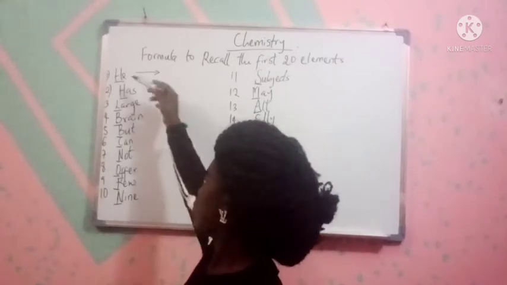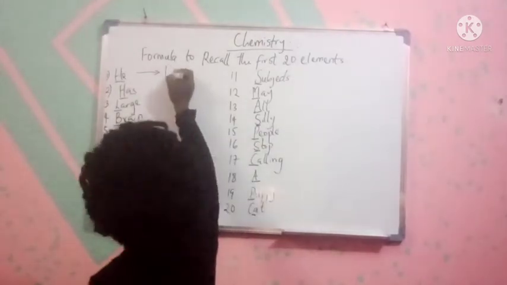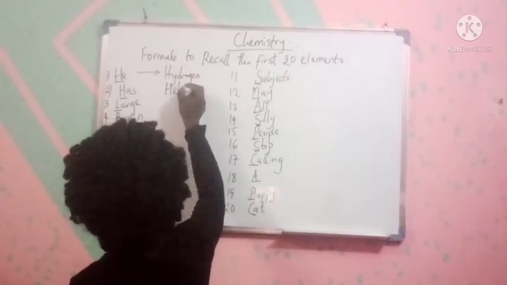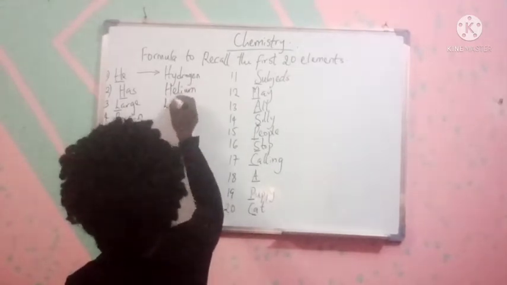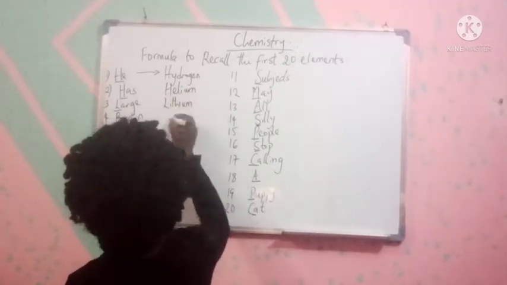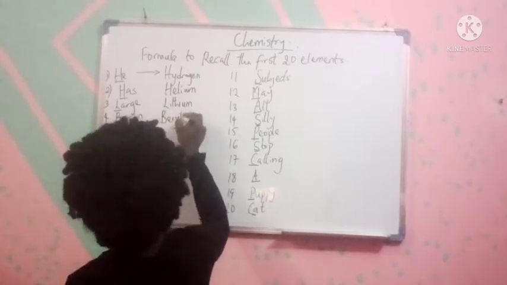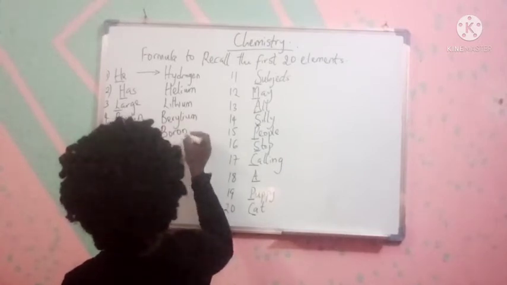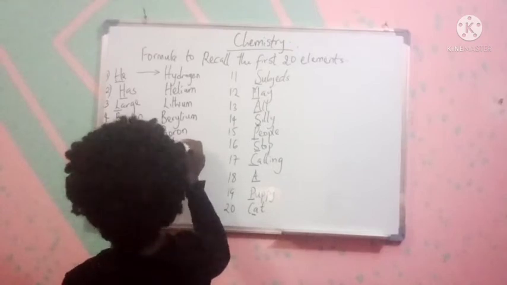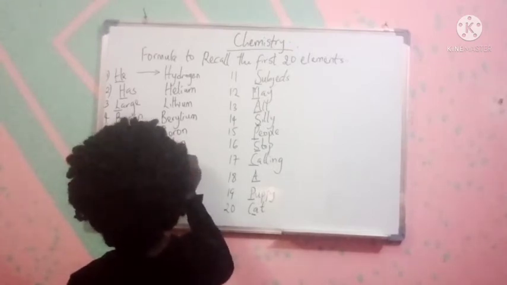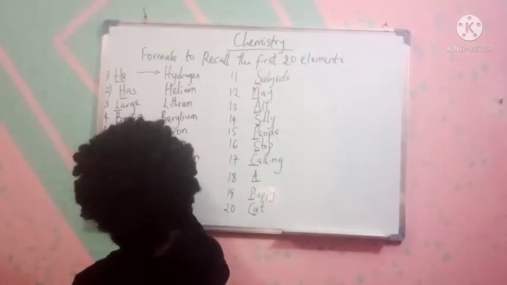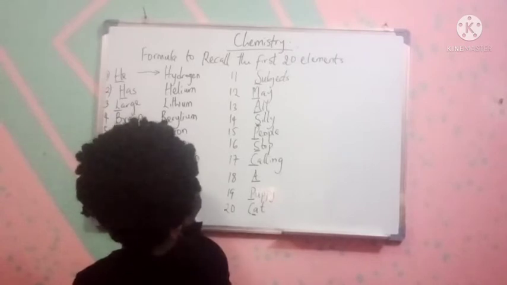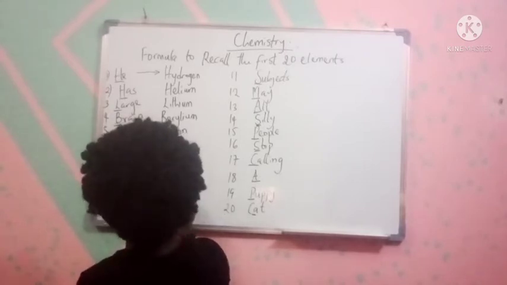So we have: hydrogen, helium, lithium, beryllium, boron, carbon, nitrogen, oxygen, fluorine, neon,